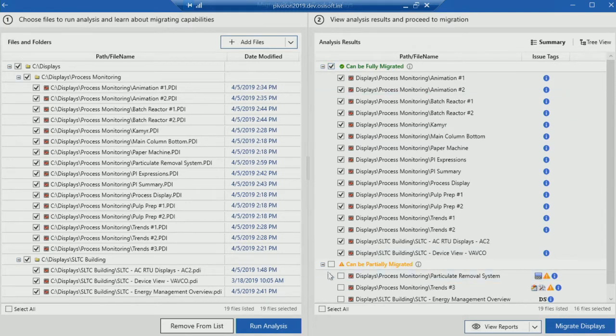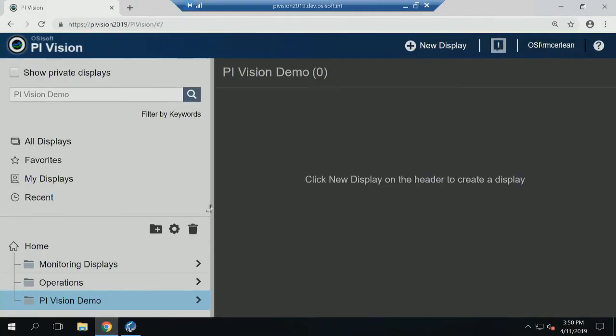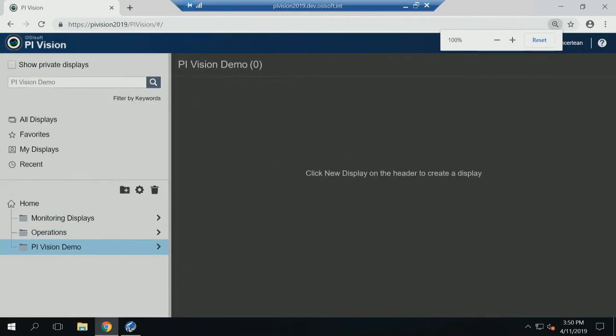So what I want to do here is take a look at how all of these displays are coming over. So I'm going to select all of these displays, but before I migrate, I just want to take a moment to show you that we're actually doing a live migration here. All right, so